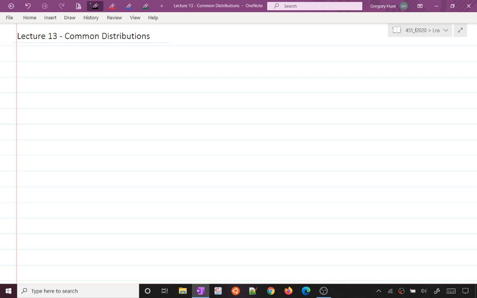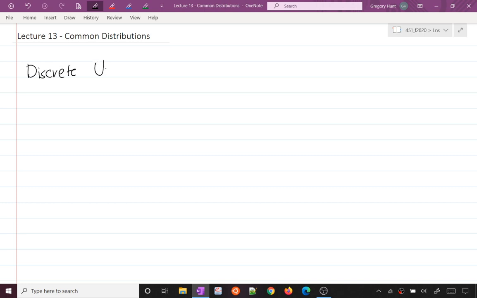We're going to go through some of the common distributions that one would see in probability. This won't be exhaustive, it's not going to cover everything, but it'll give you a good sense of the range of various distributions, with a bunch of examples of common distributions. Some of these we've talked about a little bit, and we're going to start today by talking about the